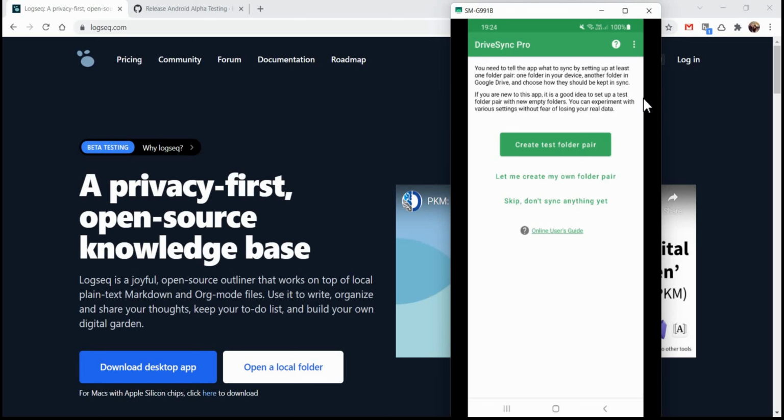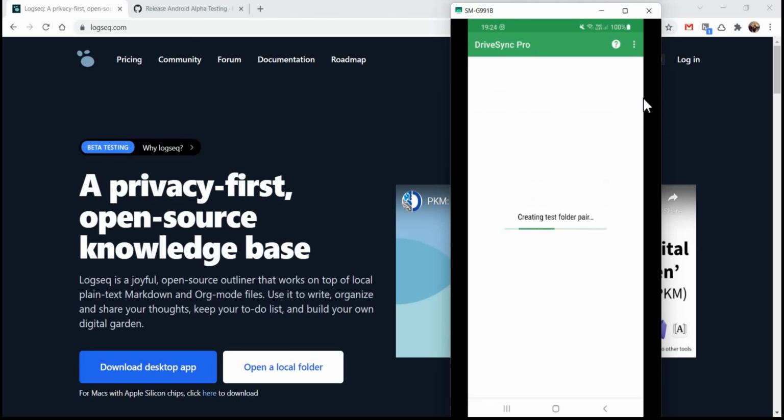So what this will do is create a folder in Google Drive and on the phone, and it will keep it synced and up to date. So any changes that you make on the phone will go back to Google Drive and vice versa. So we'll just click create test folder pair,